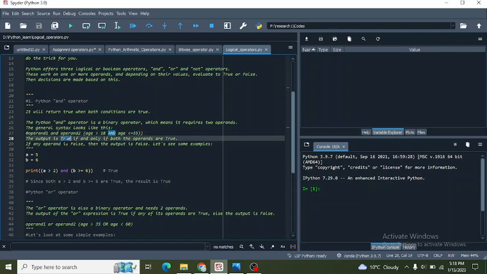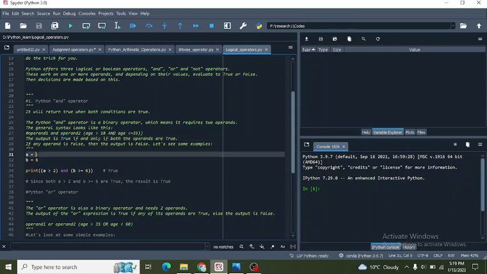The output is true if and only if both the operands are true. It will give you true in the output if both conditions are fulfilled. If any operand is false, then the output is false. If any condition is not fulfilled, then the output will be false.